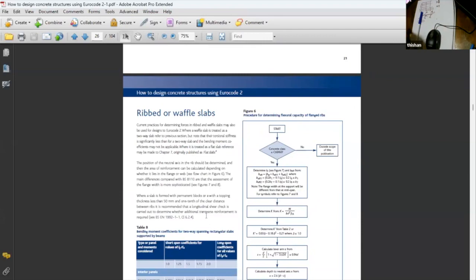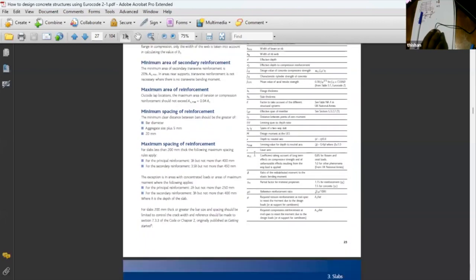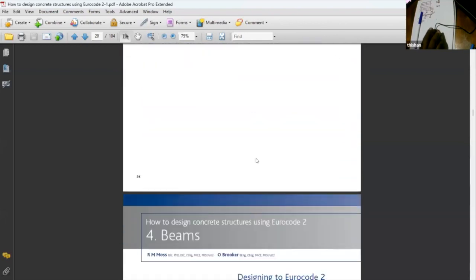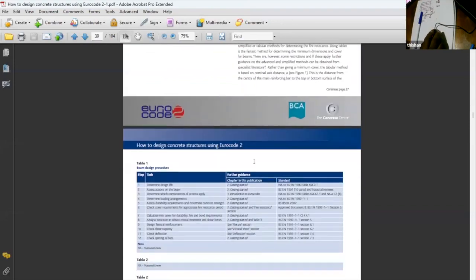But these are not very popular in England because they are very labor intensive. So many people find that solid slabs, so flat slabs, are much more economical. But in the Sri Lankan scenario, rib slabs and bottle offer slabs will be extremely useful. So on a later day, we will discuss all these different varieties of slabs that can be designed. But this lightweight construction is actually based on this rib slab type of slab system, and we can